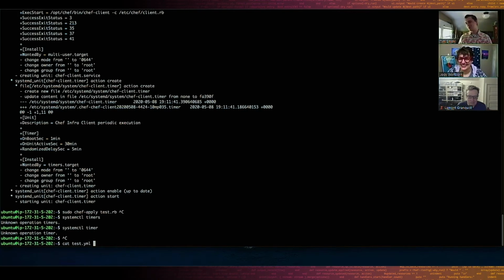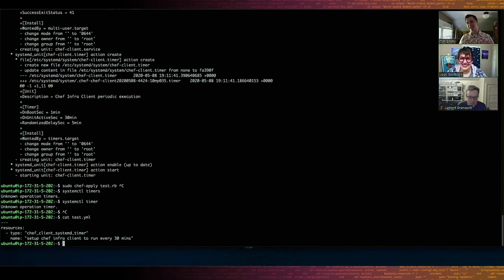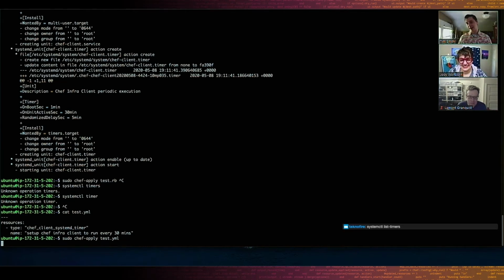Yeah, preparation. Here is the same thing in YAML, because we can chef apply in YAML. So we'll just show that. It's bigger, I'm just going to throw it out there. That is more work than writing it in Ruby.